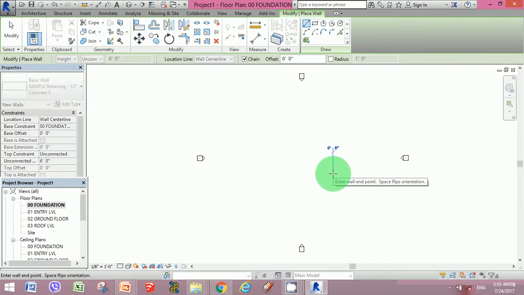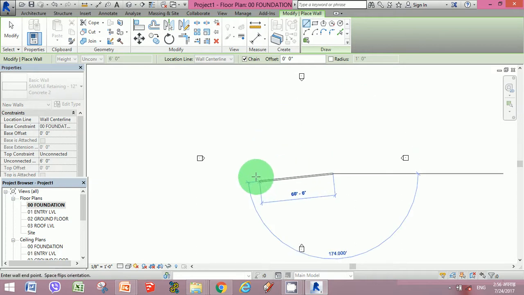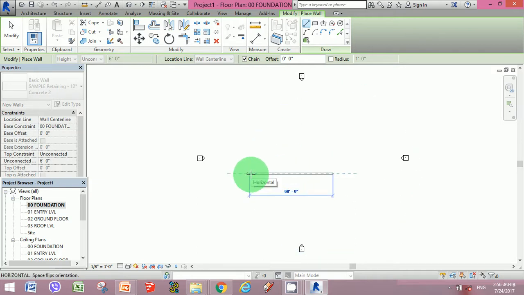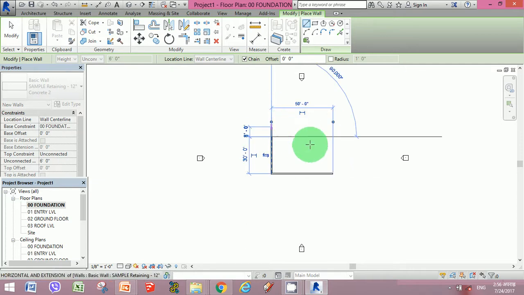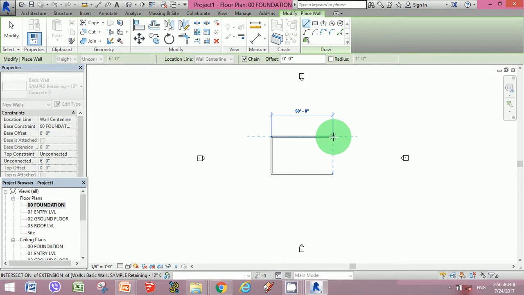I'd point my wall here, and then go to the left hand side, going through the clockwise direction. Let's keep it 50 feet. Okay, now the 50 feet dimension has been entered, and then we go upwards. Let's say 30 feet. So we have prepared a rectangular wall.